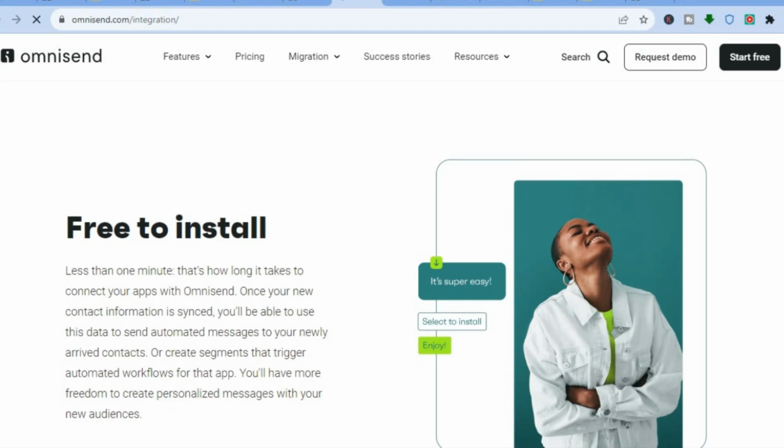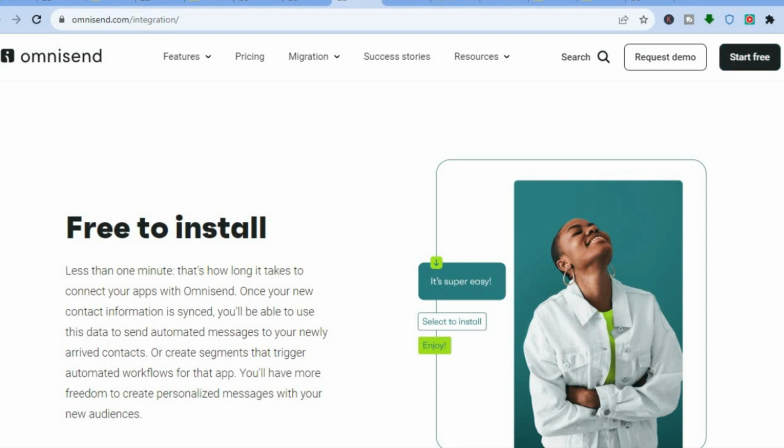So if you are looking for something with numerous integrations and more segmentation options, Omnisend would be the thing for you. If you're also looking for a platform to create even more automations, Omnisend would be the thing for you, as it offers more powerful automations than Mailchimp. Omnisend allows you to create complex automation workflows that can trigger email and SMS messages based on a wide range of events, such as website visits, product purchases, and customer support tickets, while Mailchimp on the other hand offers only basic